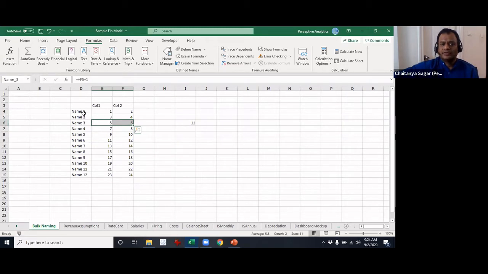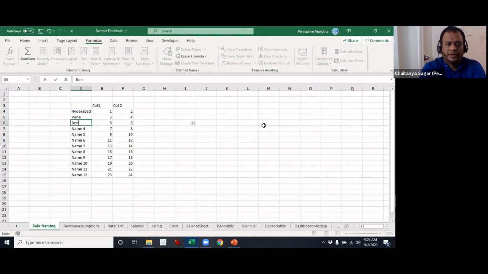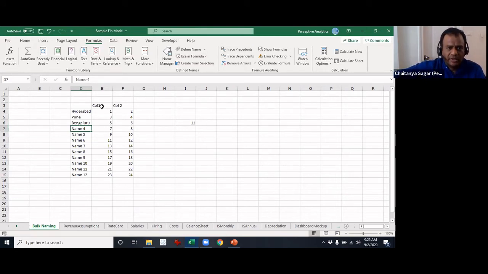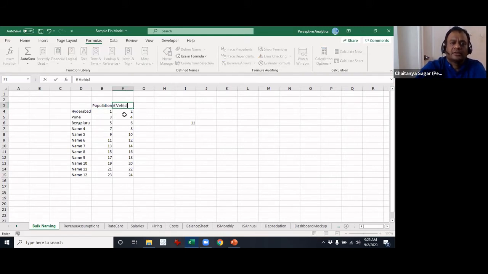Just to give you another example, let's say you put in Hyderabad, Pune, like this, and let's say this one is population, and this is number of vehicles.